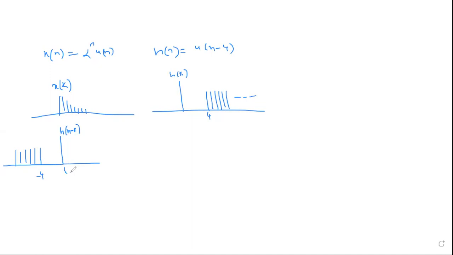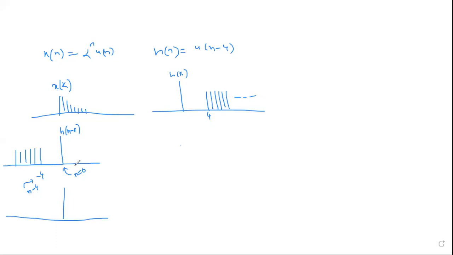Okay. So this point I will mark as n equal to 0, without any shift. I have taken the reflection, right? So this is n equal to 0. This point is n minus 1, n minus 2, and this point is n minus 4. Remember, this point I have marked as n minus 4. Now let us start. For 0 shift, for n equal to 0, is there any overlap? Tell me.